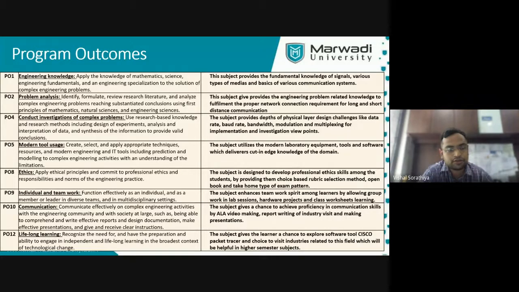Individual and teamwork. We will give you individual project tasks and teamwork tasks, with worksheets accordingly, so that program outcome is also addressed. Communication: obviously giving the viva, explaining about the topic, giving presentations, explaining your idea, like saying this is the term work I have submitted. How that work gets communicated to the rest of the world, interacting with your classmates and with me, will increase your communication skills. And last, lifelong learning.